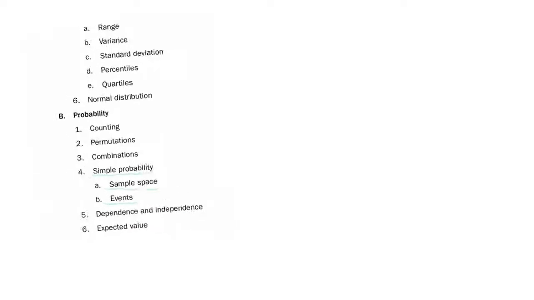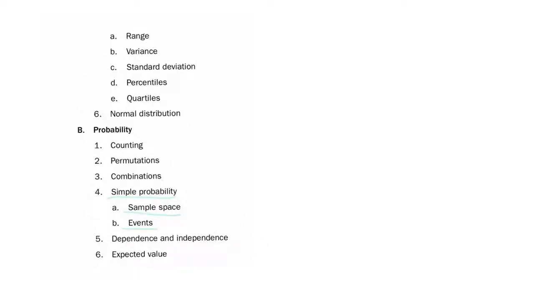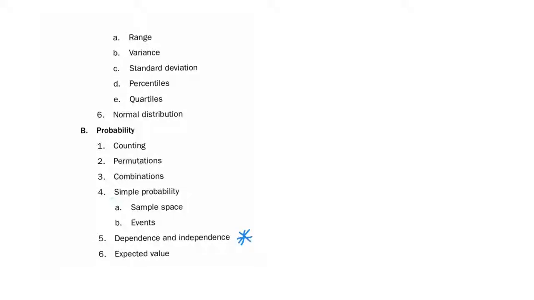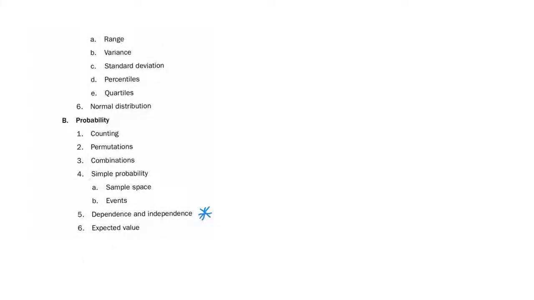Okay, so the next concept is dependence and independence. So that is right here. I'll just do a little asterisk. All right, so dependence and independence. Okay, well, when it comes to probability, dependence and independence refers to whether or not, let's say you have a bag of marbles. Okay, this is like the classic example. You've got 2 blue marbles, and you've got 3 green, and you've got